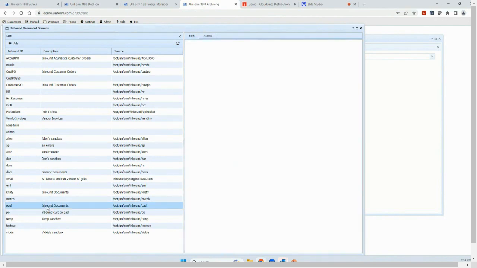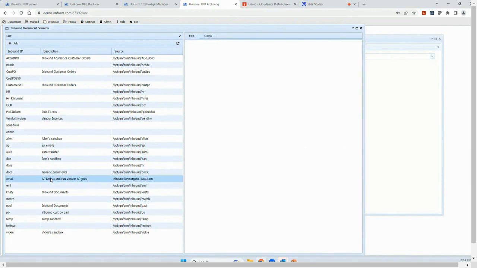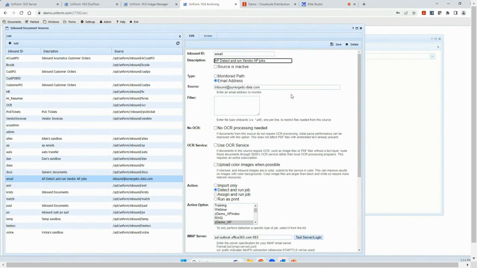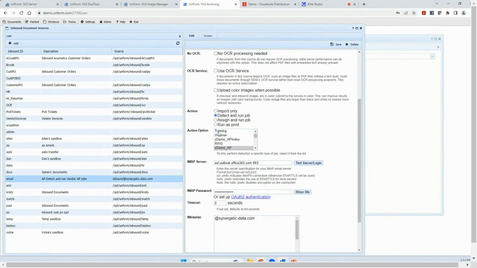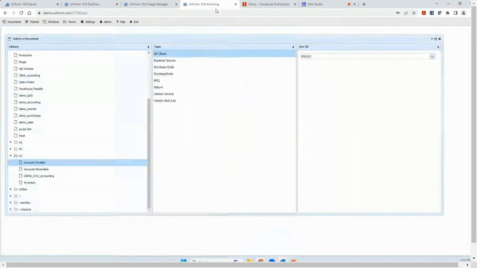So if we look here, it can be a directory. And then based on the configuration of that source, I have the ability to say, when documents hit, this is what they are, and this is what I want you to do. You can also have an email address. So as documents come into an email address, you can configure, based on that particular address, what you need to do to those documents as they come through.